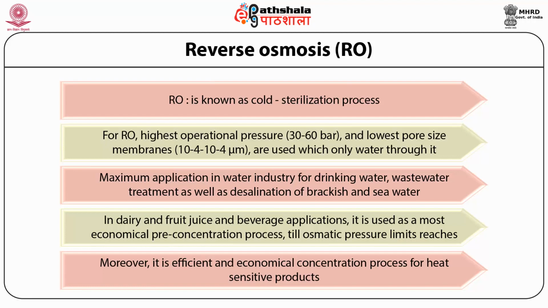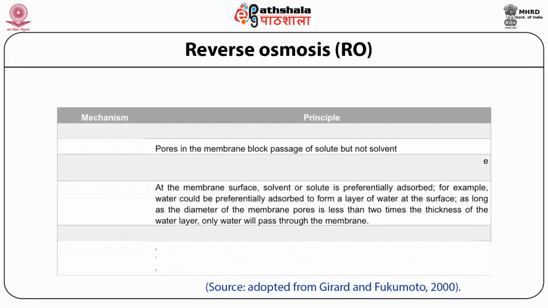If an external pressure higher than the solution's osmotic pressure is applied on the higher concentration solution, then the movement of water can be reversed. It means water will now flow from the higher concentration solution to the lower concentration solution, which results in increasing the concentration of the previously concentrated solution and further dilution of the less concentrated solution. It means the concentrated solution will become more concentrated and the dilute solution more diluted. This phenomenon is called reverse osmosis, and it is the basis for the RO process, for which osmotic pressure is the main limiting factor.